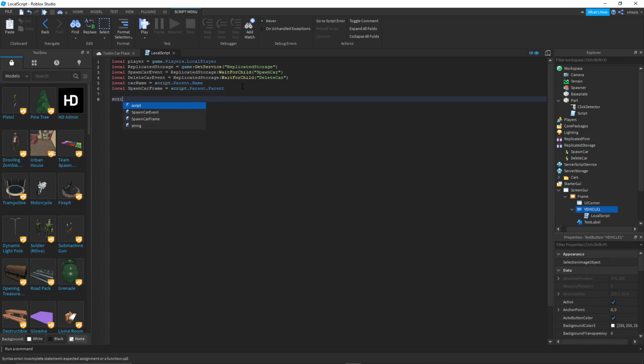So now we're going to do script.Parent.MouseButton1Down:Connect(function(). Sorry, not click. Mouse Button 1 Down. Connect function, local currentCar equals game.Workspace:FindFirstChild(player.Name),